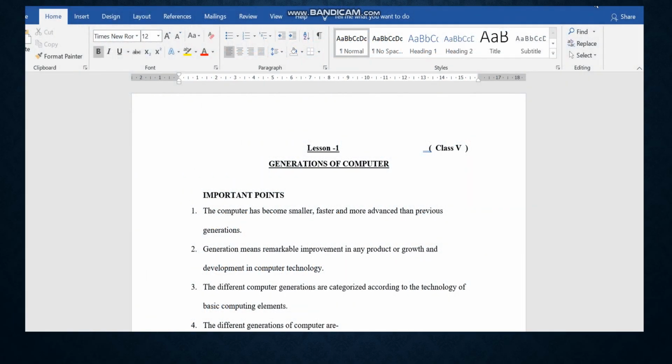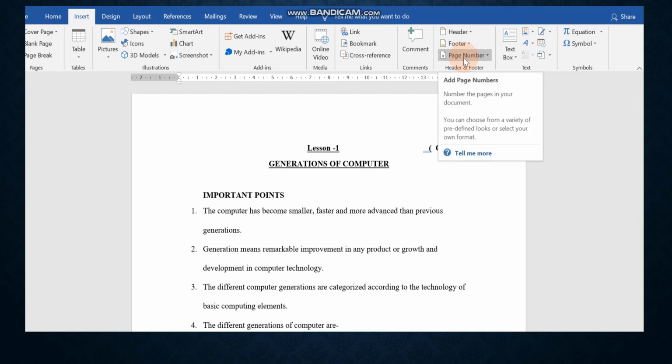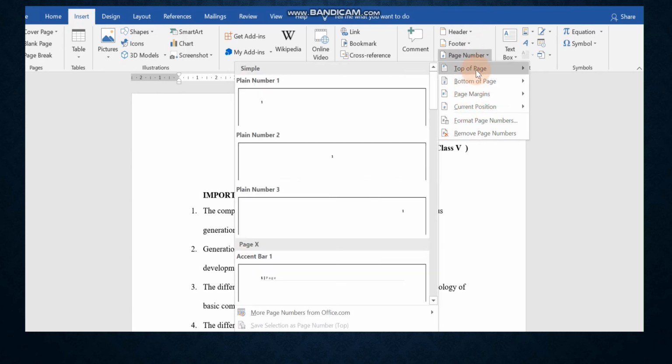Let us see page number and line numbers step by step. Children, today we are going to learn how we can add page numbers. For this, you need to go to Insert tab. Once you have clicked Insert tab, you will get here page number. You have to click on it and you will get various options. You can see the options are written here and it is also displaying how you are going to get the page numbers. It is at the top of the page.